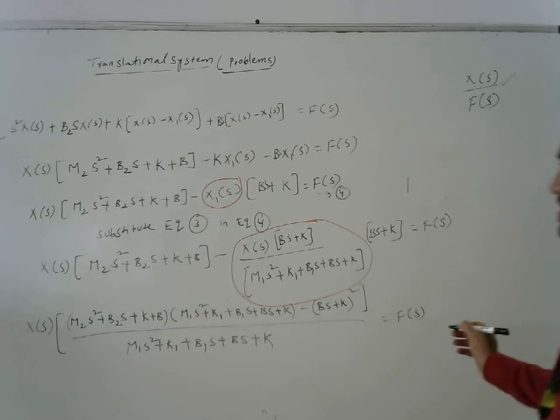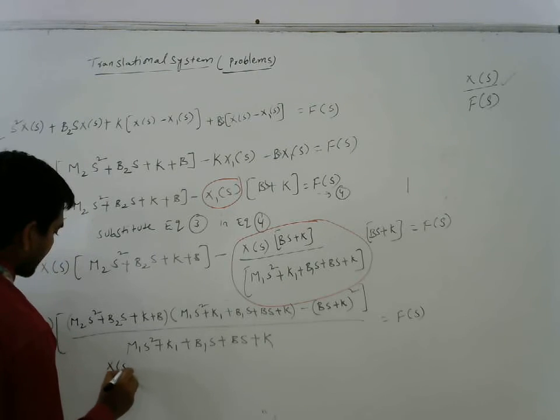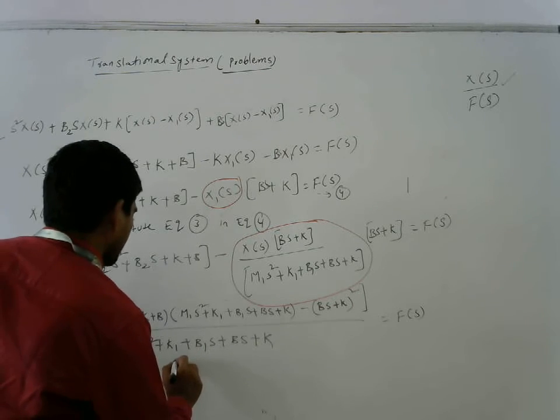Now for x of s by f of s, you just bring this over. Finally we are getting x of s by f of s is equal to